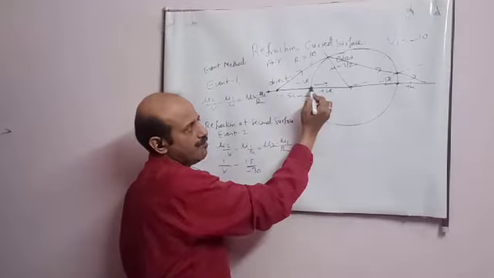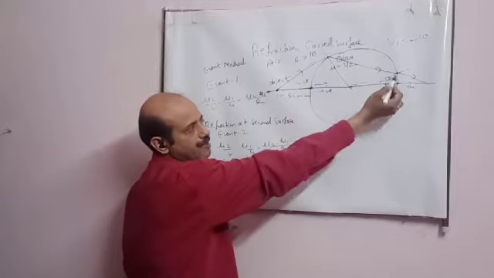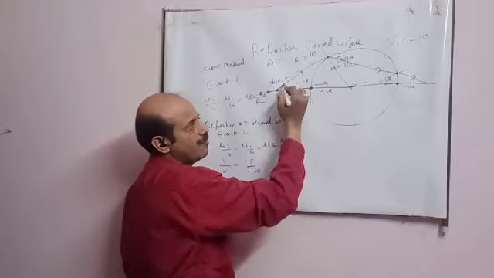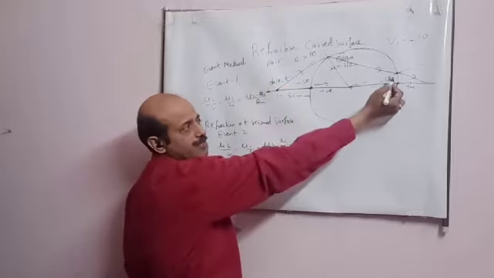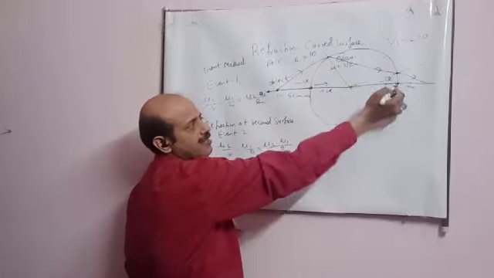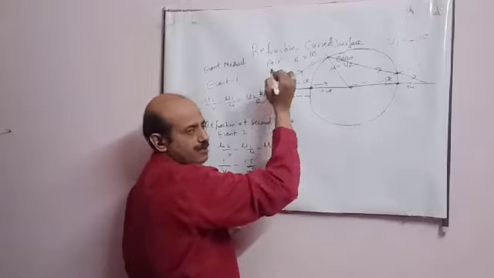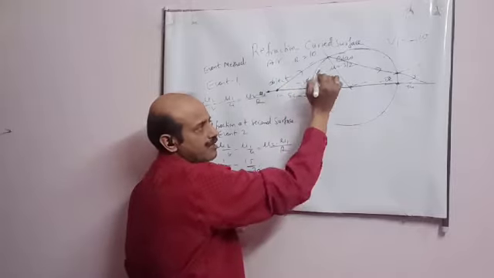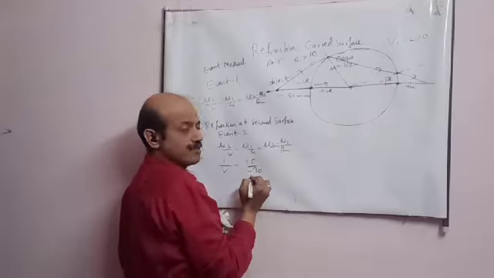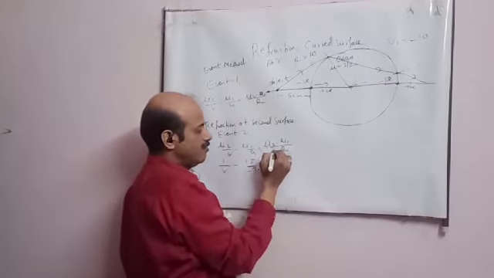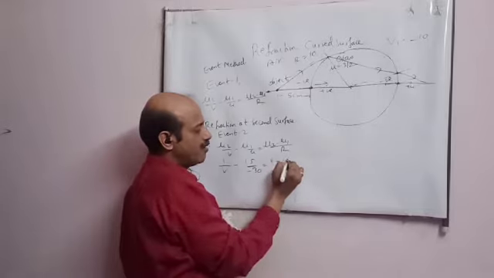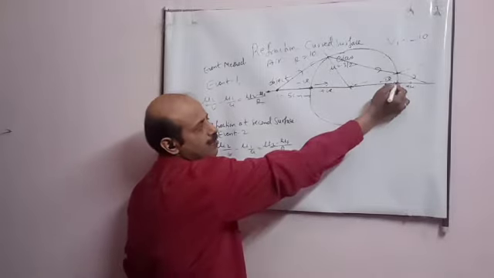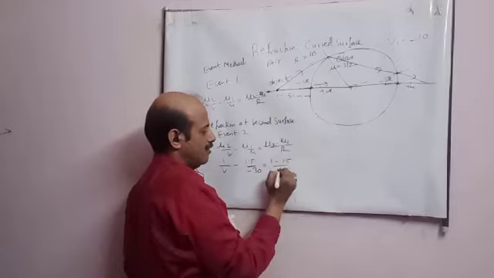How did I get 30? Because the image of this is the object of this. The image of this is formed at minus 10. Minus 10 means from here minus 10, but I have to see from this surface. So R is 10, this is 20, plus 10, 30. So the image of this is the object for this. So I have written minus 30, and mu2 I already told you is 1. Now R of this surface, I have to go this side, minus 10.